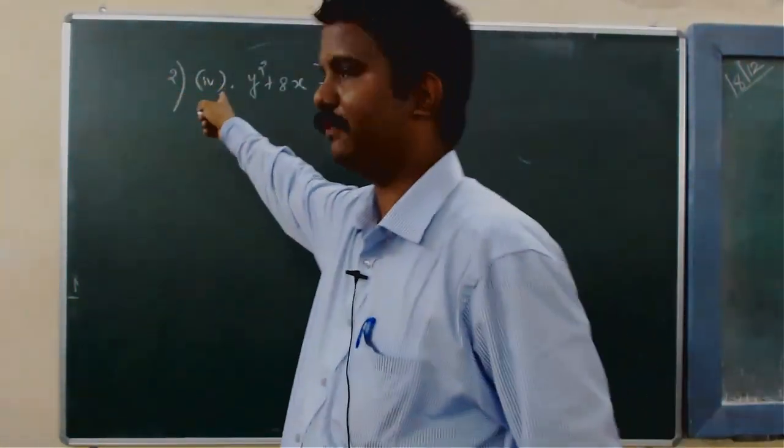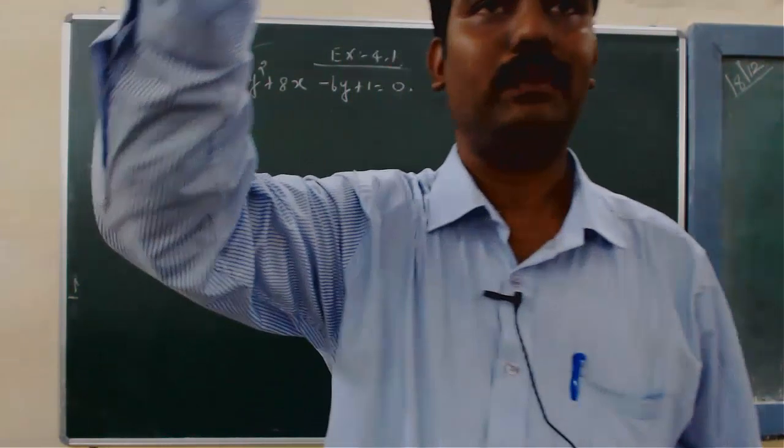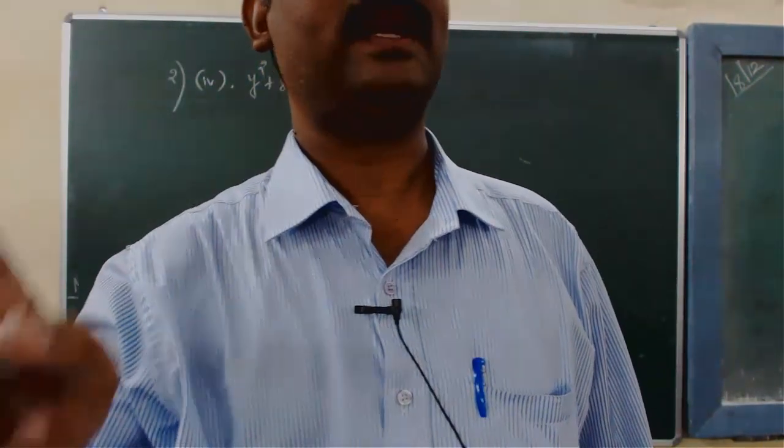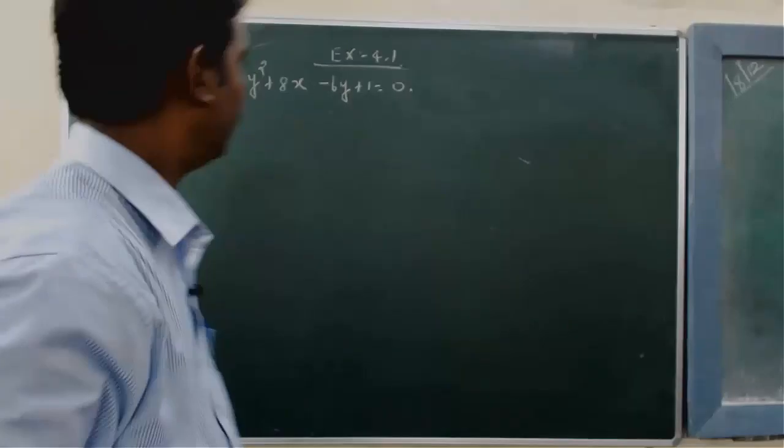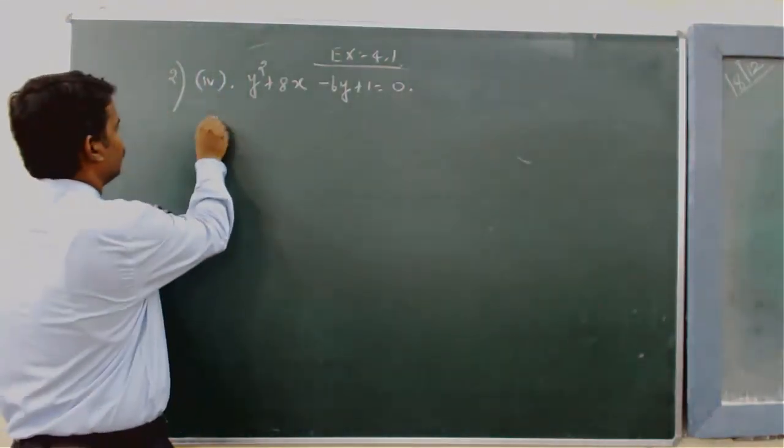The next subdivision, this is subdivision 4. In subdivision 5, the first term will be x square. If it is x square, it will be either type 3 or type 4. Do you understand? Right. Now the next step is